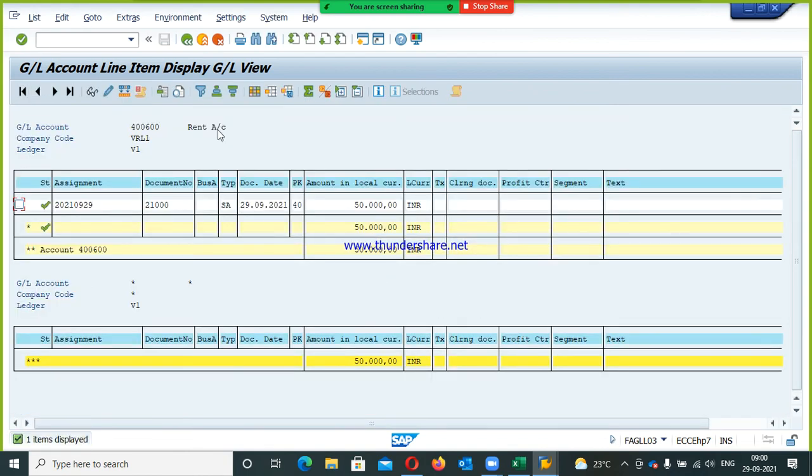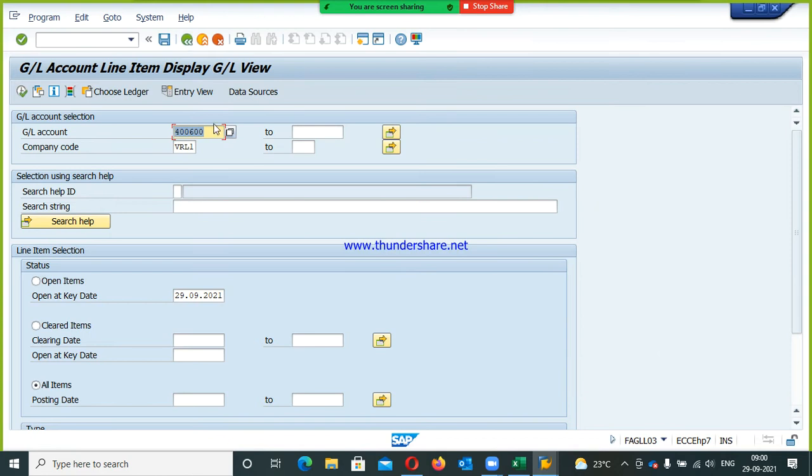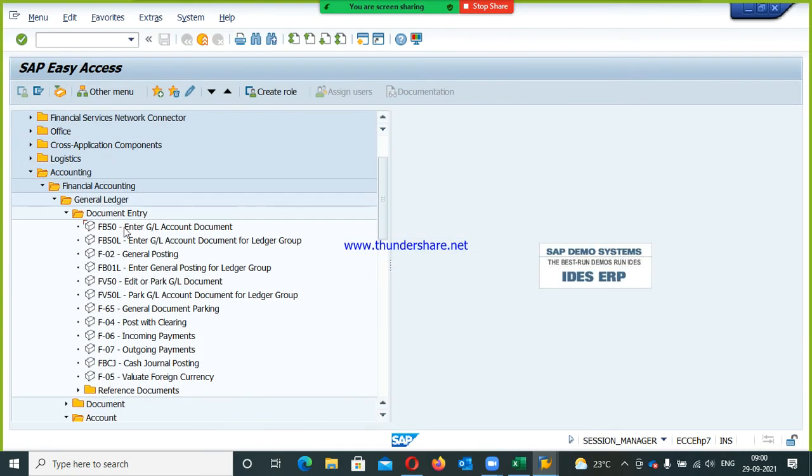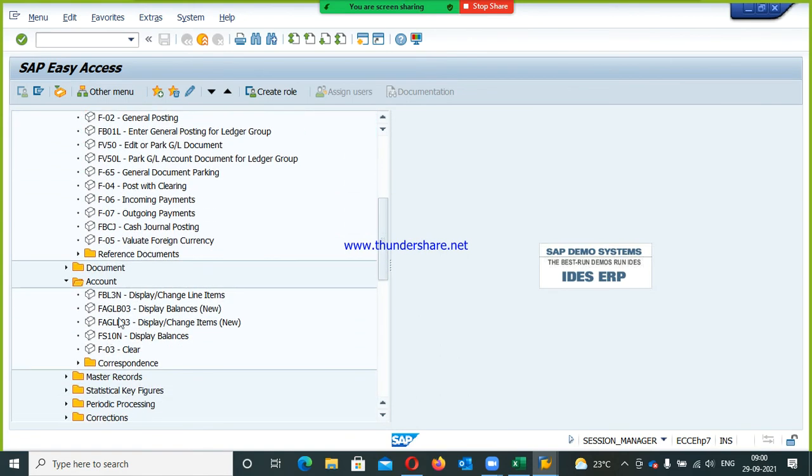Okay, so this is how we can see the differences between normal posting and posting with ledger group. Here posting is also in a different T code and display, means viewing the report, is in a different T code, right. So, this is a difference. Okay, next